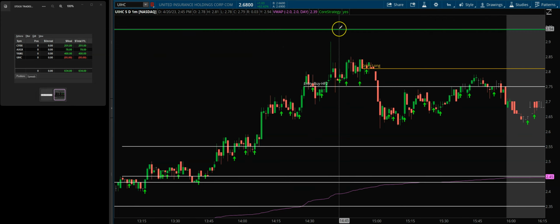Impatience will kill you, and everybody wants to make the money that they see all these traders make on the internet. And it's just not going to happen overnight. You're going to end up destroying your account. You're going to blow out. You're going to get frustrated. You're going to think this thing doesn't work, and you're going to give up. All right? Just be patient. Take your time. It will pay off, but you got to put in the time to do it,